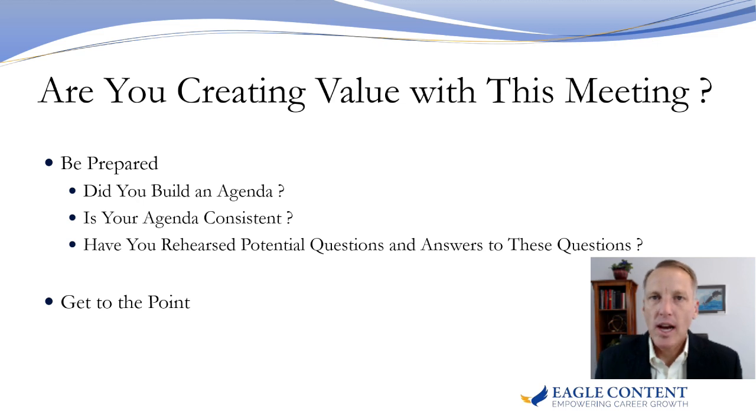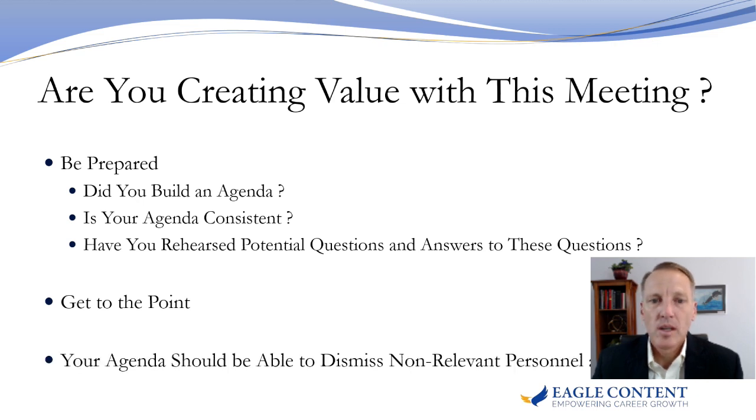Whatever agenda item you're on at the moment, get to the point of it. Don't rush. Don't try to shortcut the meeting and say, well, this meeting's costing $3,000. I need to cut it in half and make it a half-hour meeting and make it a $1,500 meeting. Your team will appreciate it when you can cut it short, but don't cut it short at the expense of leaving out information that could be valuable to the team. You're getting together for a reason. Spend the time with them that's necessary.